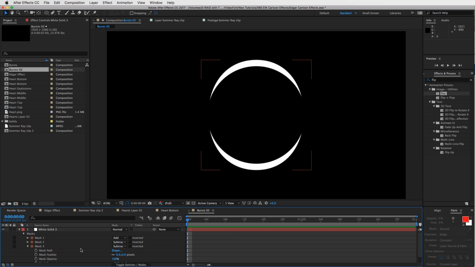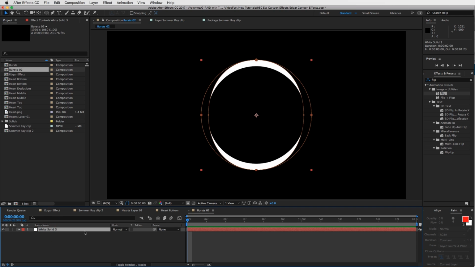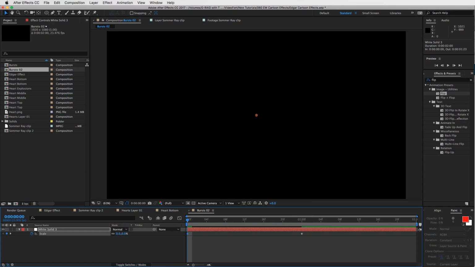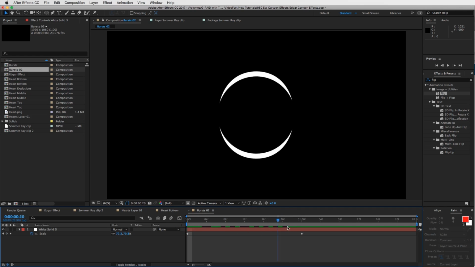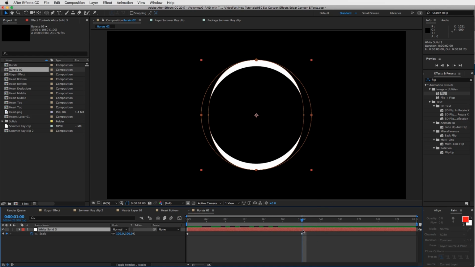Cool. So now we have our shape, and we can close our mask down, and with our solid selected, hit S for your scale, and then maybe this burst will be a second long. Yeah, we can go with the second long. Okay, and so keyframe that scale at the second, and at the very beginning we'll bring it down to 0. So basically what happens is it explodes up, right? And then we can trim this down. So with the layer selected, Option and bracket,